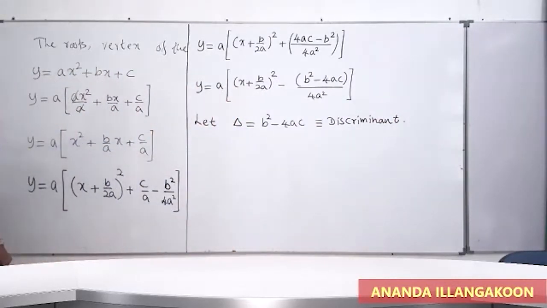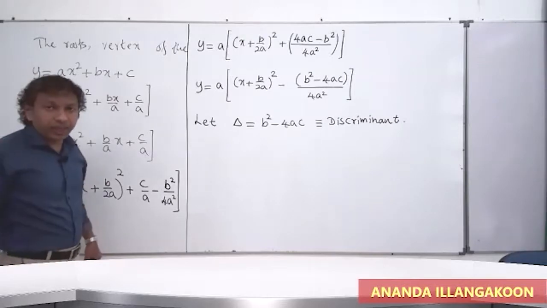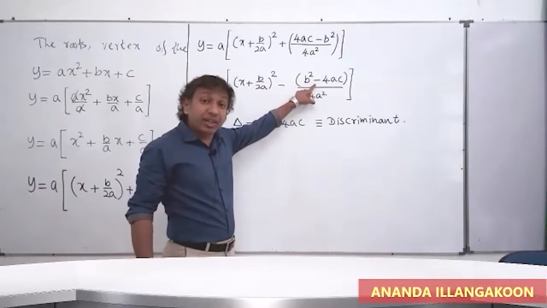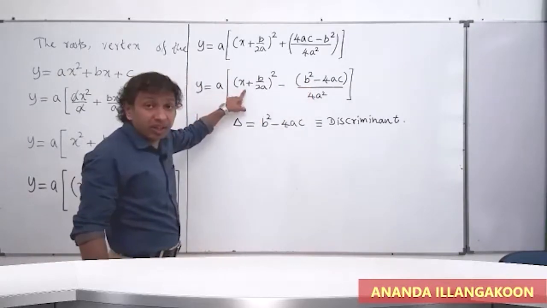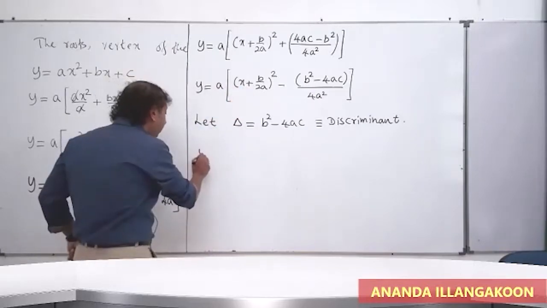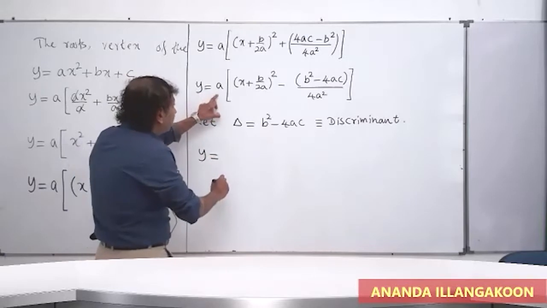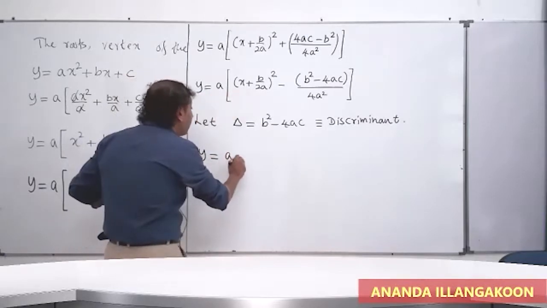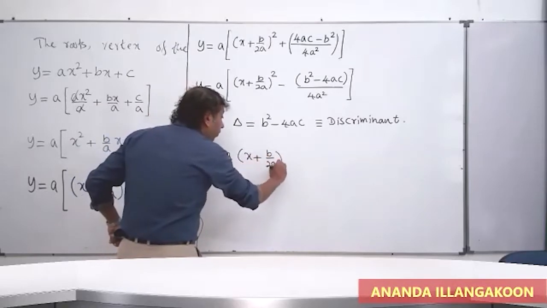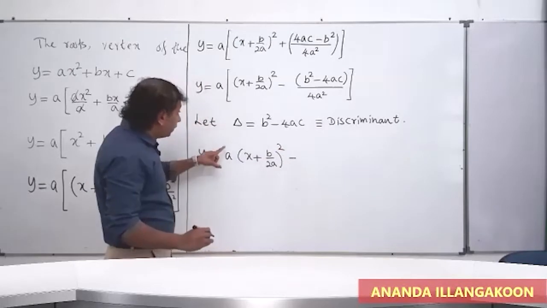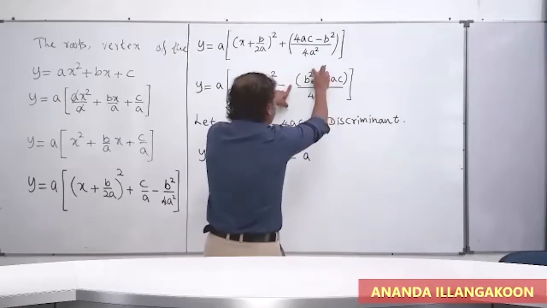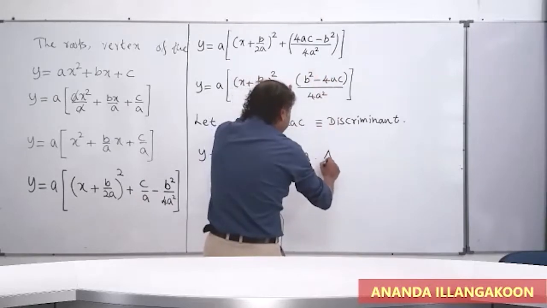Discriminant. So now, using this delta discriminant, I can rewrite this. Meantime, I can remove the bracket by multiplying this a. Then we can write like this. y equals, by this a we multiply this. What do we get? a times (x plus b by 2a) perfect squared minus, this a comes before this term, and now this term is nothing but delta,